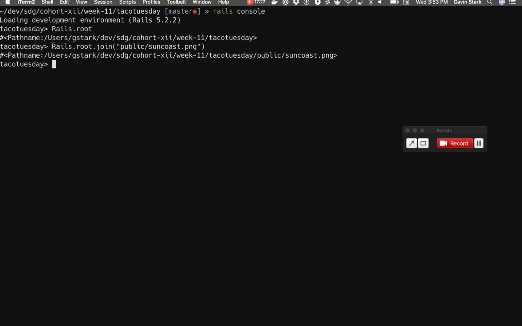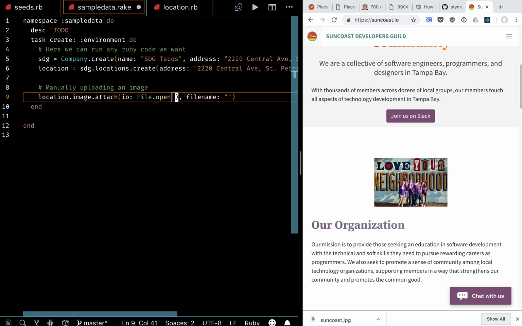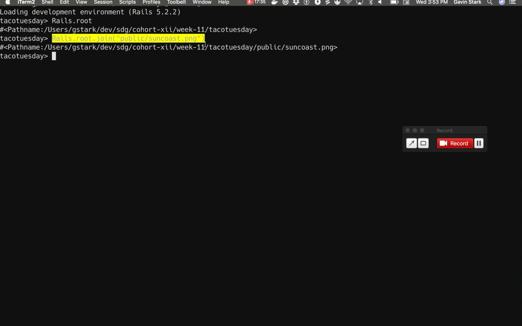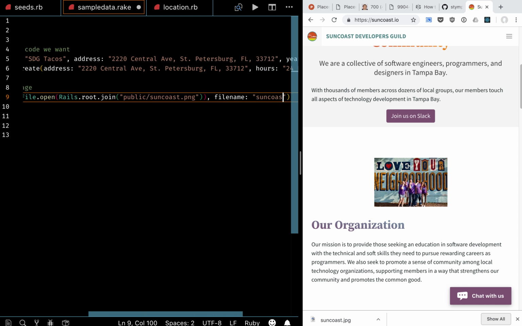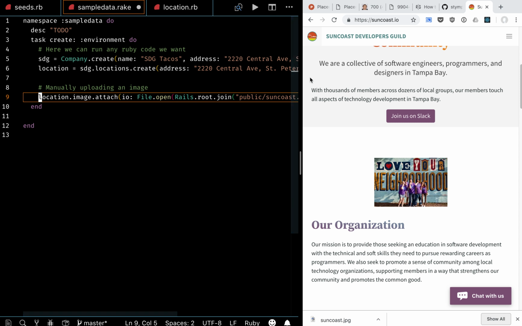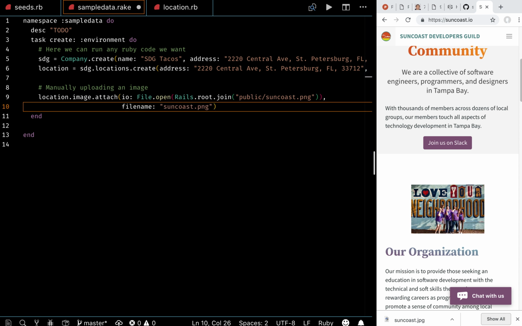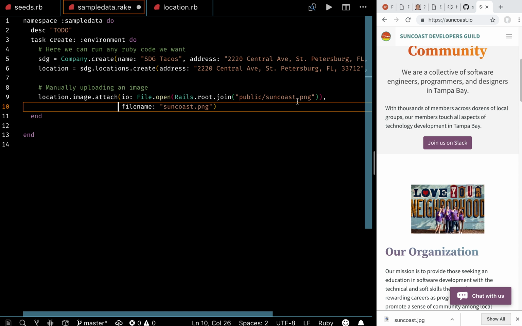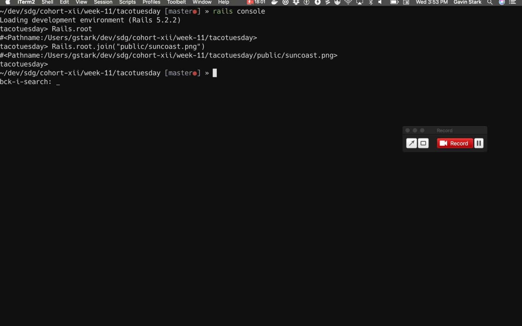So this is the code I want to put right here. And in the file name, we'll just call it suncoast.png. Let me make this a little bit wider so you can see it. Right. We're going to attach this file to this location's image, Suncoast PNG. So now, if we run our schema load and our sample data,